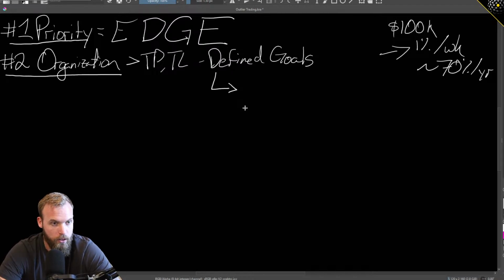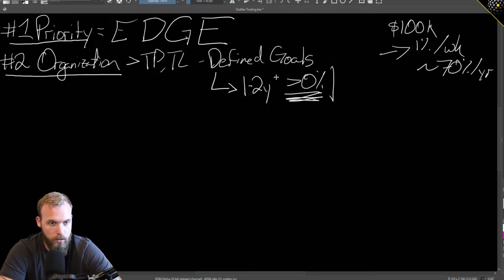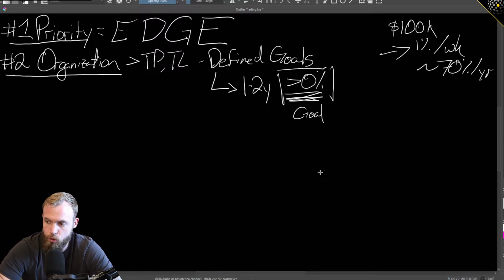As a trader, there's nothing wrong with defining your goals and having aggressive goals. I think aggressive goals are fine. But I will remind you, in my humble opinion, I think for the first 2 years, greater than 0% return is perfect. Seems lame. Seems like, why are we doing this? Why even bother? Why even trade if all I'm trying to do is be greater than 0?